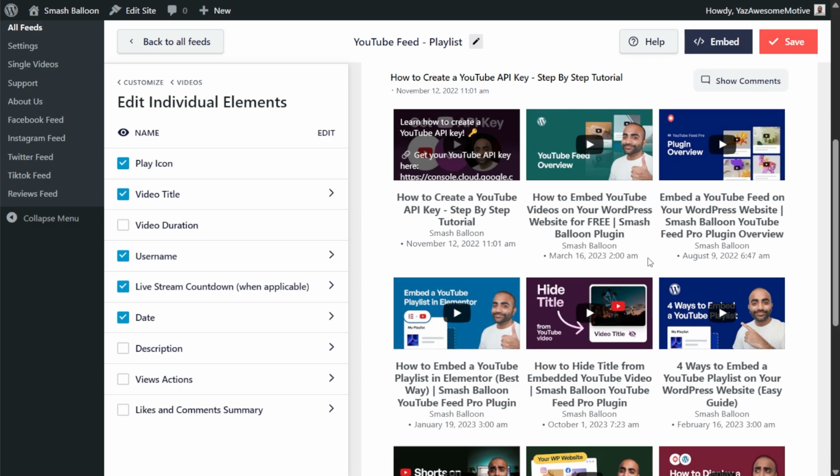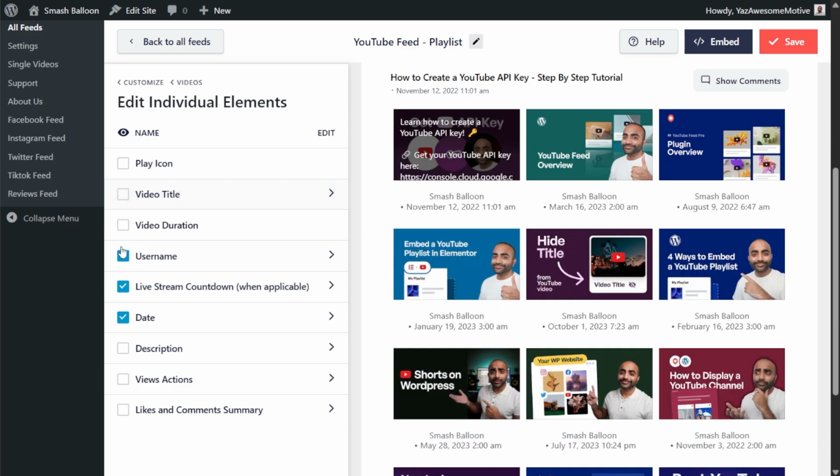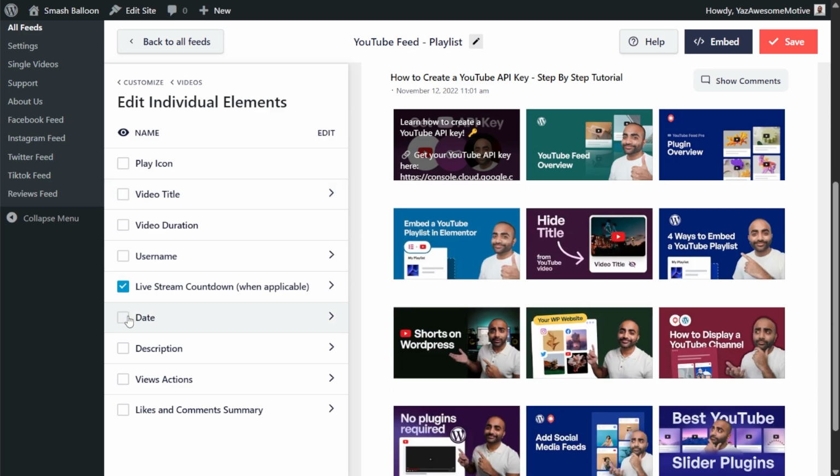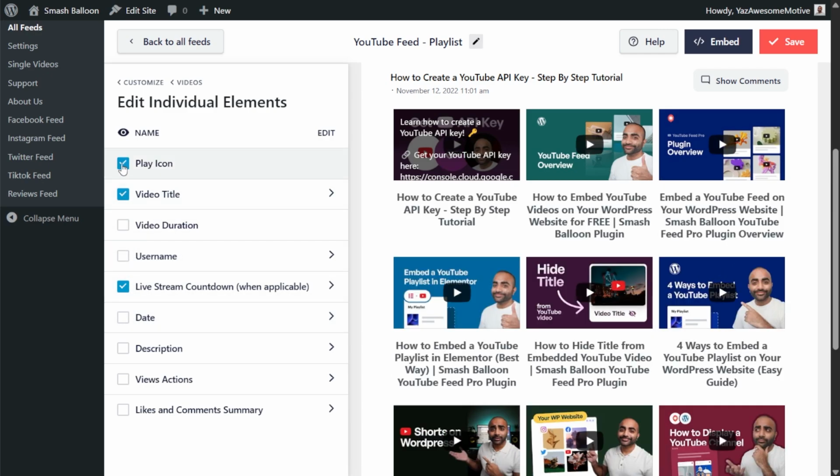Each of these elements can be hidden or displayed depending on your needs. For example, if I wanted to hide the play icon, I can just deselect it, and that will now be hidden from our videos. And I can do the same thing with the video title, username, and date. You get the idea. I'm going to bring back the video title, the play icon, and we can also add